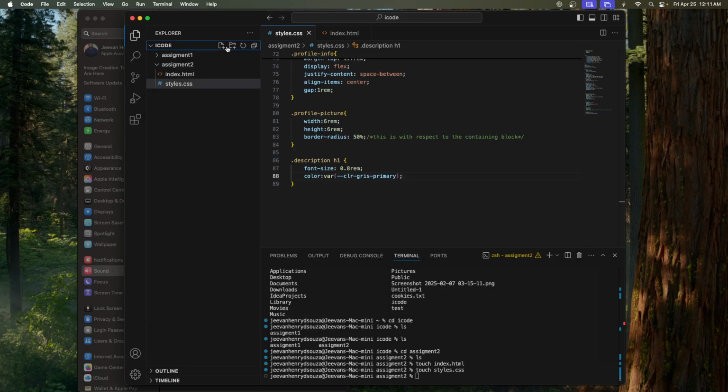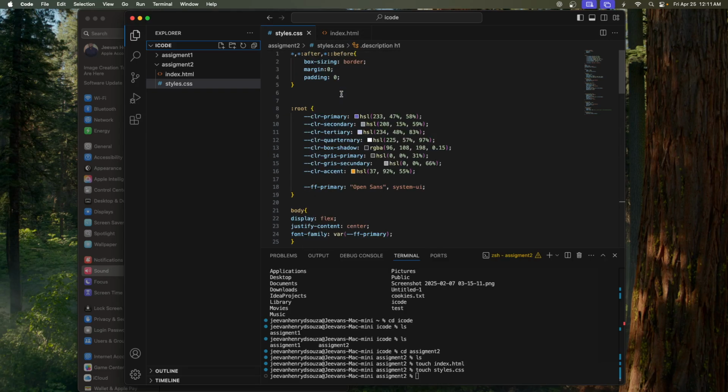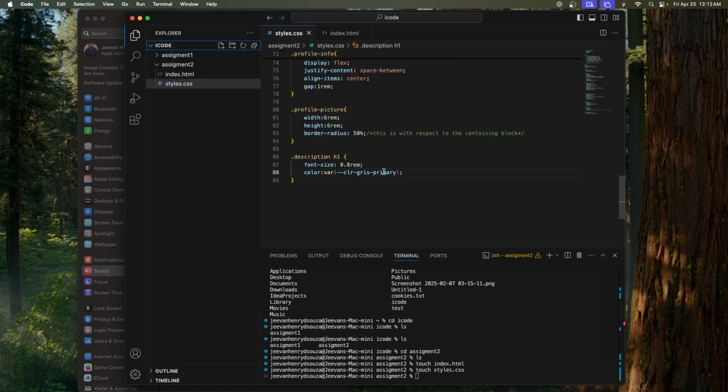Okay, there are two primaries here. Let me check which primary I need to give. Yeah, so we need only, okay, this one. Yeah, not this. This is this one, and then we'll be selecting